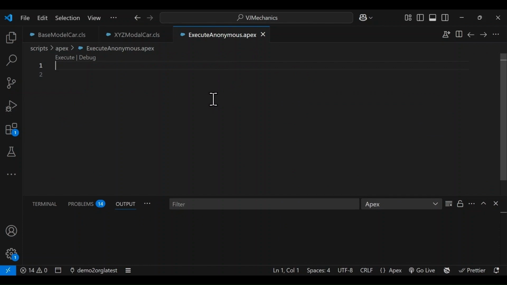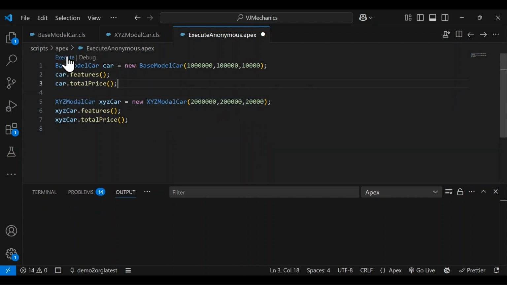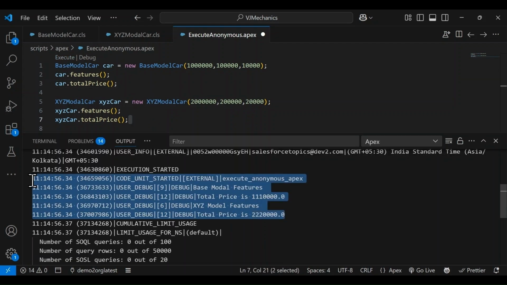In the anonymous editor, let's create a base model car with the price, tax, and insurance like this, and create an XYZ model car with the price, tax, and insurance, and execute this in anonymous. We'll see the output like this: base model features and total price is 11,10,000, and then XYZ model features, and the total price is